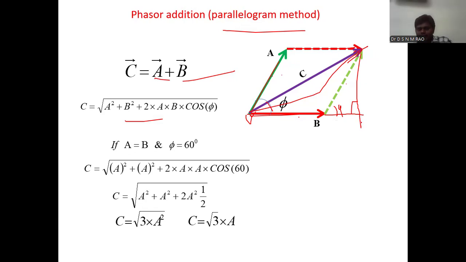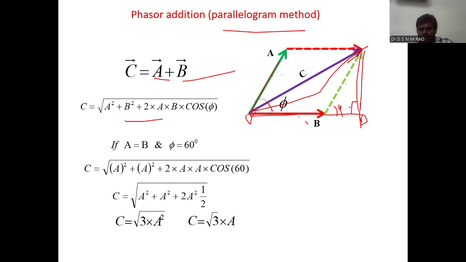here D. Suppose from the right angle triangle OCD, hypotenuse square equals side square plus side square. OC square equals OB square plus BD square, that is OB plus BD whole square, plus CD square. So here OB is nothing but